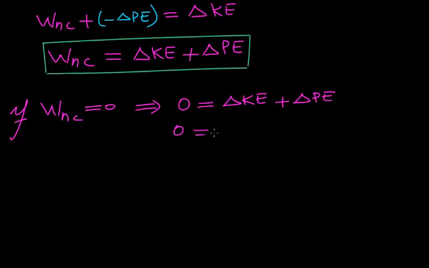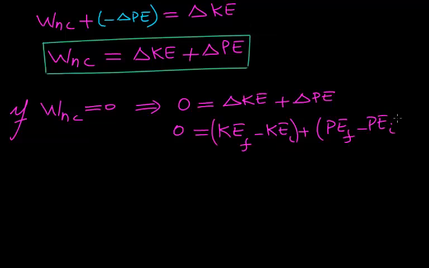Instead of delta KE, I'm going to write down KE final minus KE initial. Same thing for the delta PE: PE final minus PE initial. Keep the final quantities on one side of the equation and move the initial to the opposite side of the equation. You will obtain